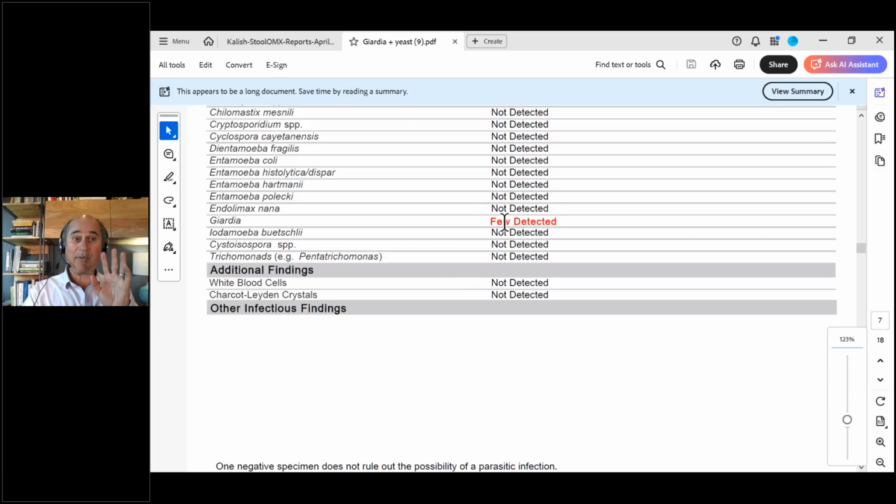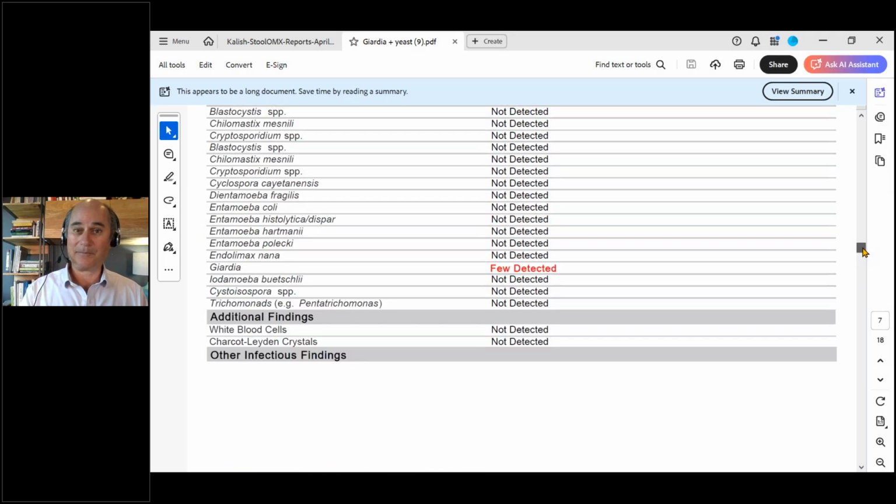I've had patients come in who have Giardia or Blasto on this lab in red letters who saw another doctor, and the doctor missed it. So just read the lab carefully. Don't skip over stuff. Giardia means Giardia. That's an infection. Few detected, it doesn't matter. It doesn't matter if there's one Giardia or a billion of them. You have Giardia. It's an infection of Giardia. It's hard to find these bugs. So now we know that the person has a Giardia infection.